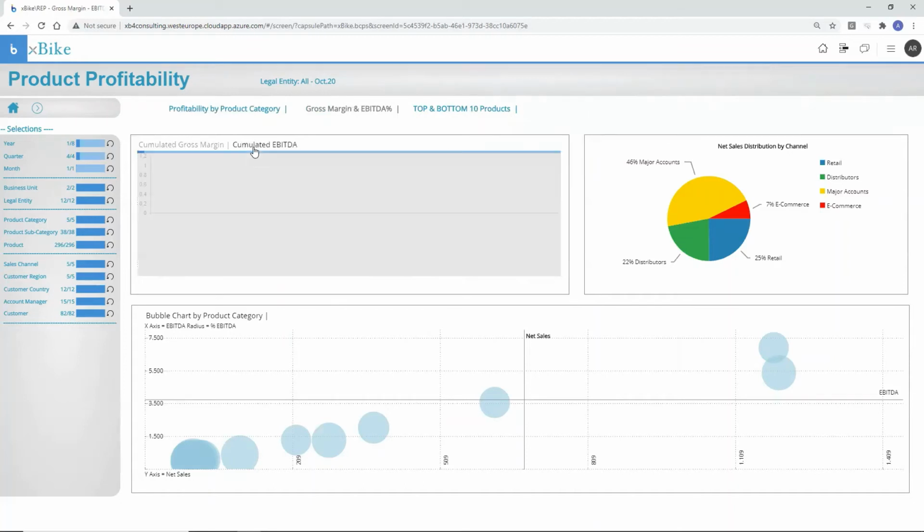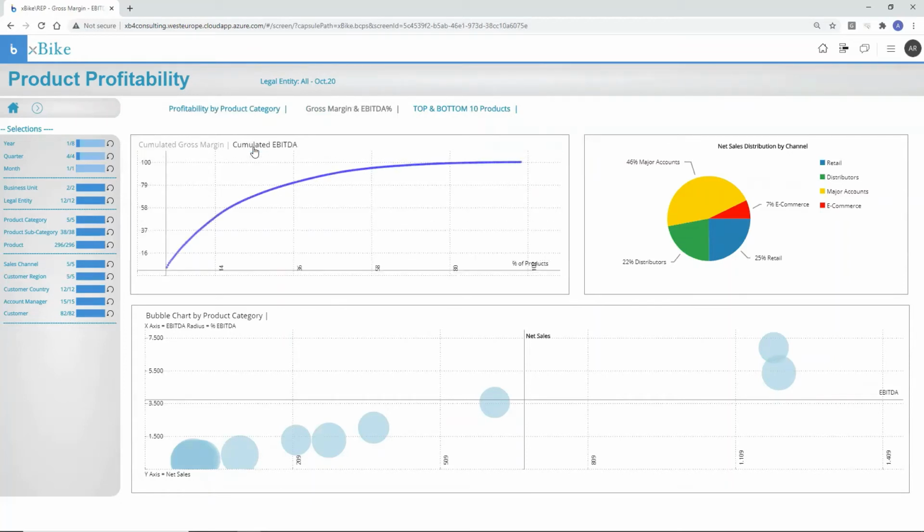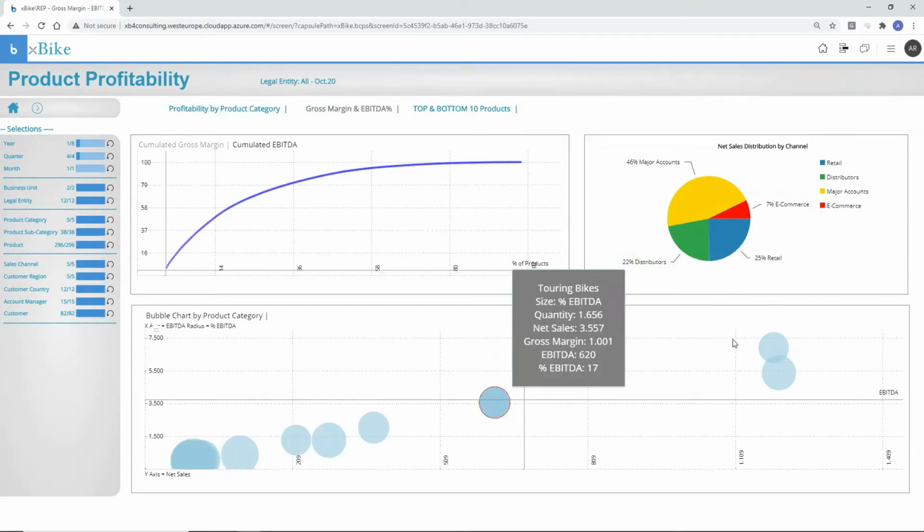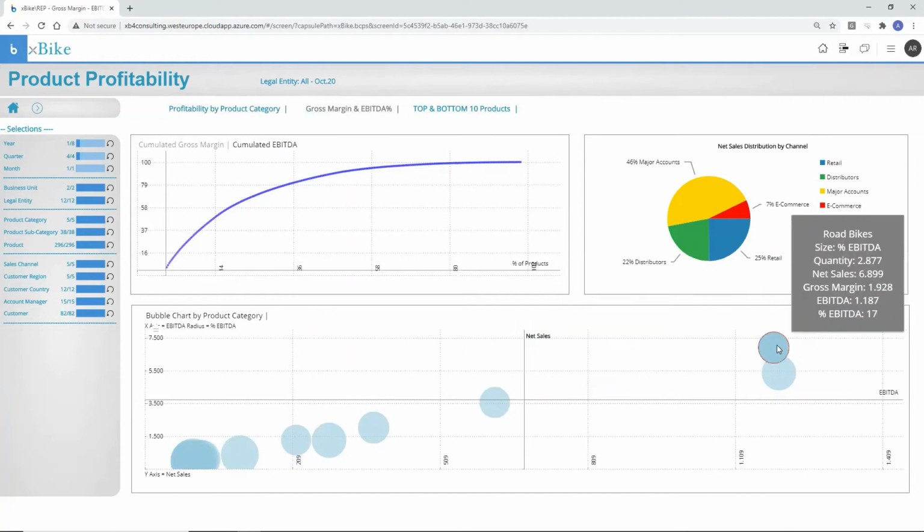I can have the same analysis on the accumulated EBITDA, not only gross margin, but EBITDA. I see here the distribution by channel. And I can see also the bubble chart, which represents actually the different product categories by net sales and EBITDA. So the product categories which are here on the top right part of the chart are also the most profitable